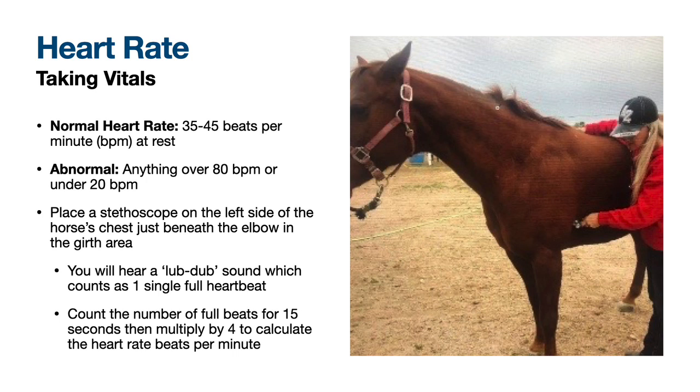To check the heart rate, you want to place a stethoscope on the left side of the horse's chest just below the elbow in the girth area. You will hear a lub-dub sound, which consists of one full heartbeat. Count the number of full beats for 15 seconds and then multiply this by 4 to calculate the heart rate